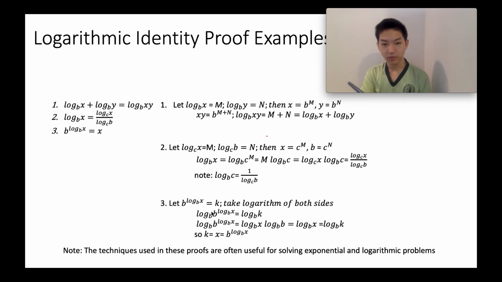Well, after we do that, we modify the left side of the equation. Log base b of b to the log base b of x. Well, using our identities, we can move the exponents down. So then we have our exponent, log base b of x, times log base b of b. Well, log base b of b is just 1 because, well, there are a couple more identities I didn't mention, but basically they are